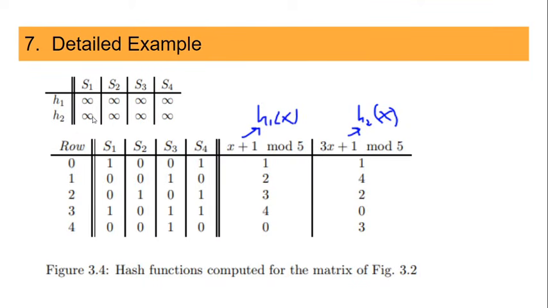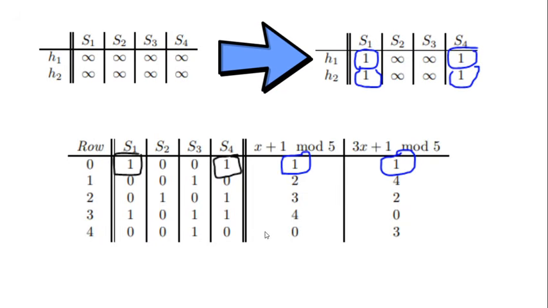So the detailed example is this one. You can see our signature matrix is properly initialized with infinity values. This is our table, so you can easily compute the hash values. This is h1 of x, h2 of x. This is our first hash function. The second hash function you can compute using the row values: 0 plus 1 mod 5 is 1, 3 plus 1 mod 5 is 4, and again let's compute it for row 3. 3 times 3 is 9 plus 1 is 10, 10 mod 5 is 0, so you can see it's 0. So you can easily compute these values. Now let's get onto the real thing.